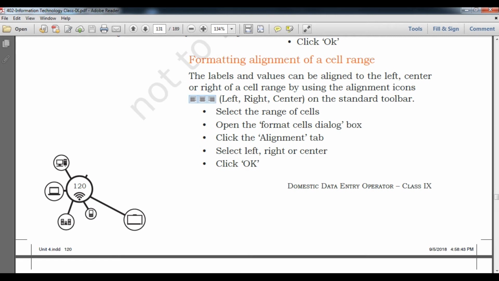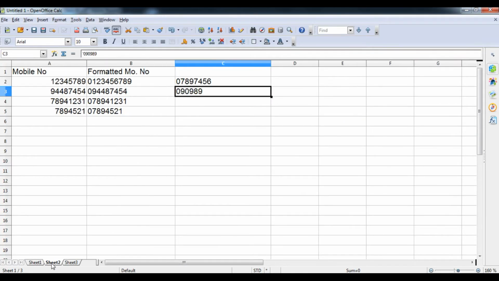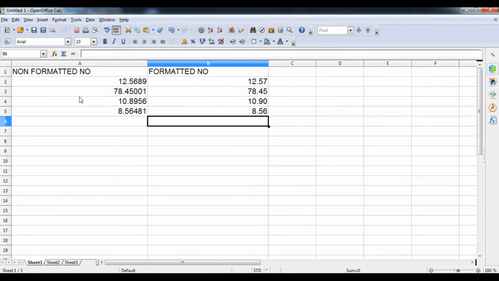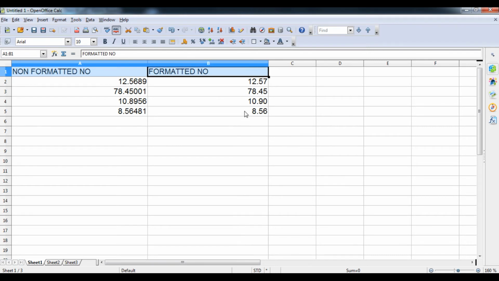So the same thing we have to do, students. So how to do that? Suppose I have typed multiple contents here, like you can see this one. So you can see, students, non-formatted numbers. So how to format them? Suppose I'm going to make it center, so I will select both options, and then I will go to this one: right, left by default, that is center, and then left. There are shortcut keys for that also: Control E is center, Control R is right, Control L is left.